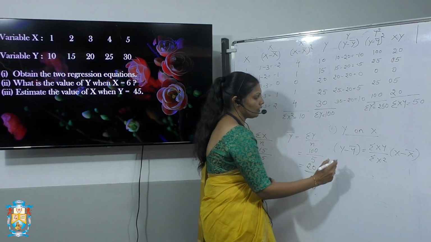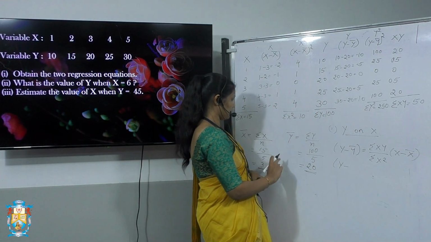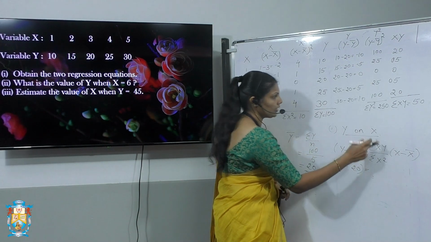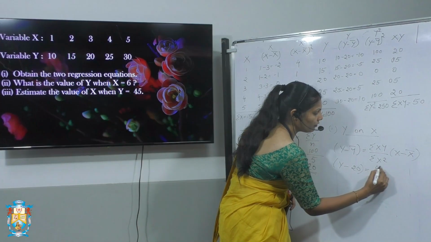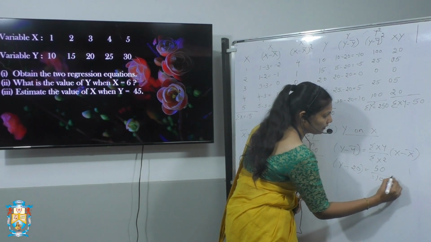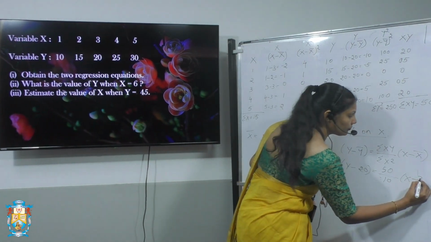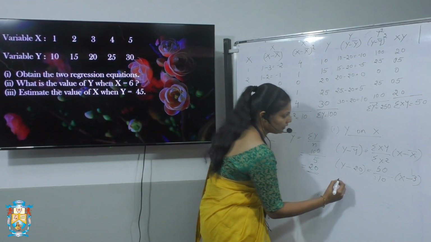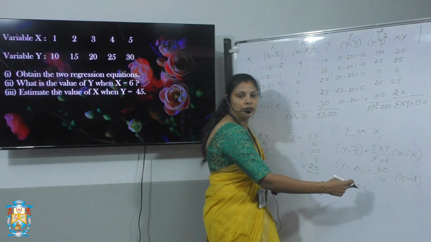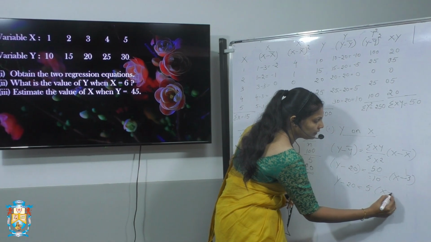So now what is y? We don't know. We will keep y bar, which we got as 20. Then summation xy we got is 50, and summation x square we got as 10. Then x bar we got as 3. Then y minus 20 equals 10 by 5, we are getting 5, and x minus